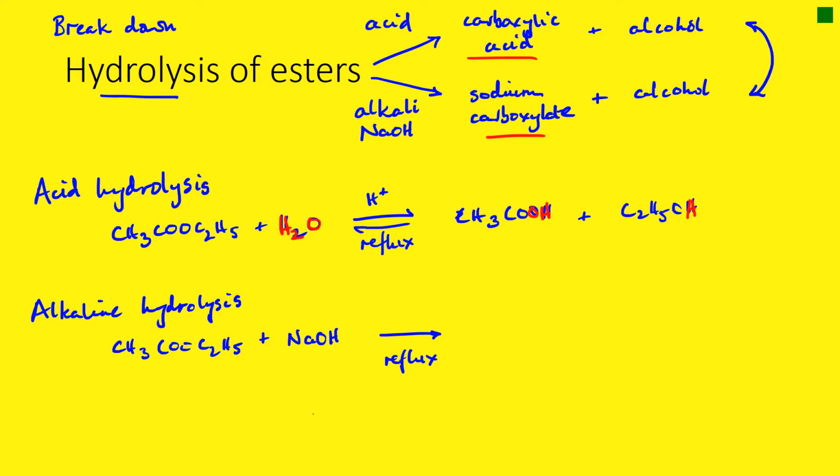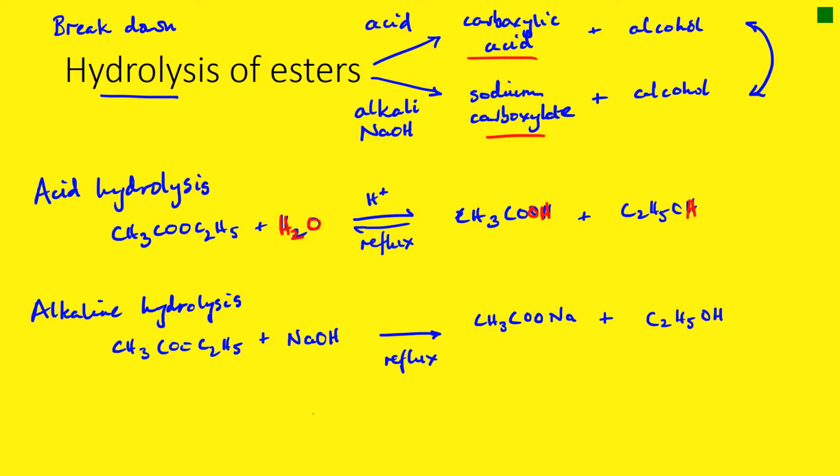So we're going to make sodium from the sodium hydroxide, and the anion is going to be ethanoate. So let's draw our ethanoate ion out again, CH3COO, and our sodium from our sodium hydroxide makes up the rest of that salt. And of course we've got the same alcohol coming out, we've got ethanol coming out,